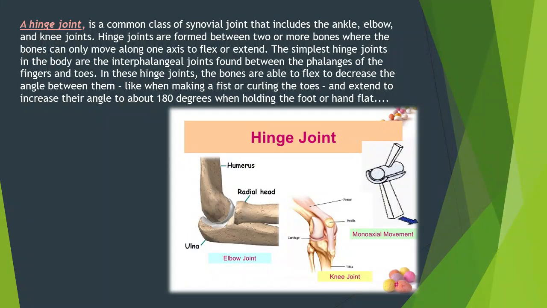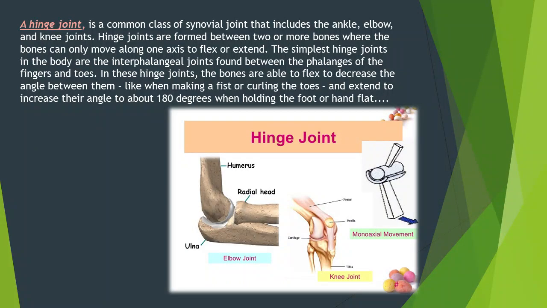A hinge joint is a common class of synovial joint that includes the ankle, elbow, and knee joints. Hinge joints are formed between two or more bones where the bones can only move along one axis to flex or extend. The simplest hinge joints in the body are the interphalangeal joints found between the phalanges of the fingers and toes. In these hinge joints, the bones are able to flex to decrease the angle between them, like when making a fist or curling the toes, and extend to increase their angle to about 180 degrees when holding the